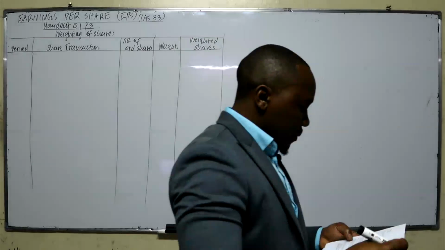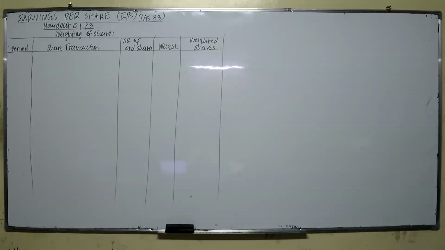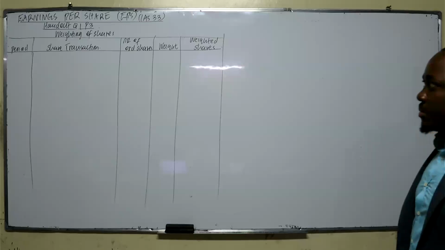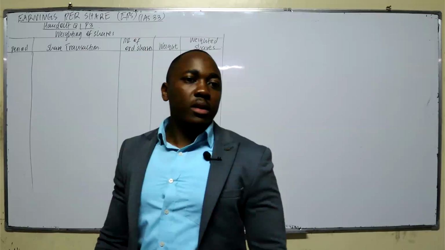Mark Limited reported profit after tax of 112.8 million for the year ended 31st of March 2014. That's at the end of the year. Now, if the year ends on 31st of March, that means the financial year had started on